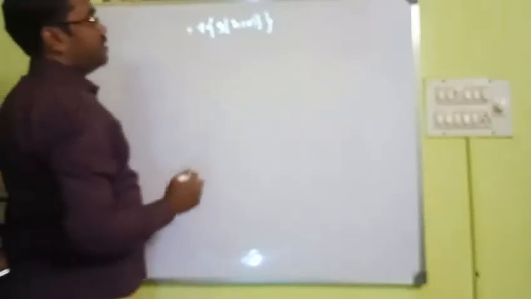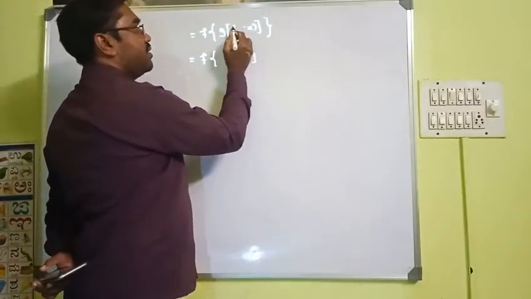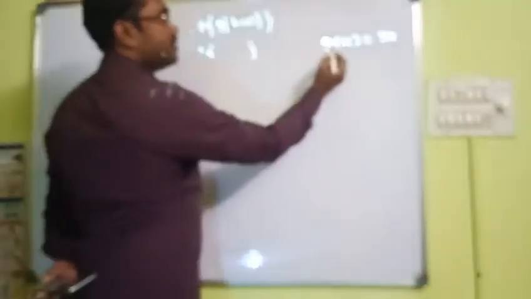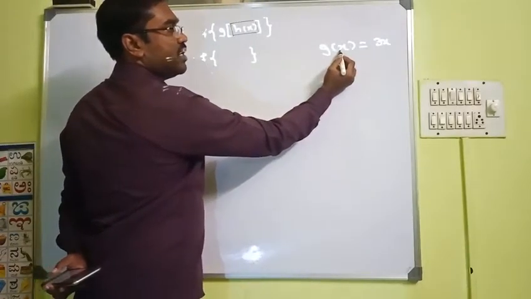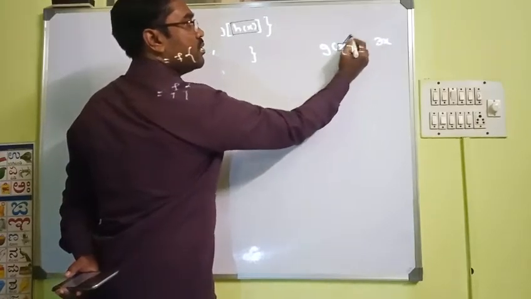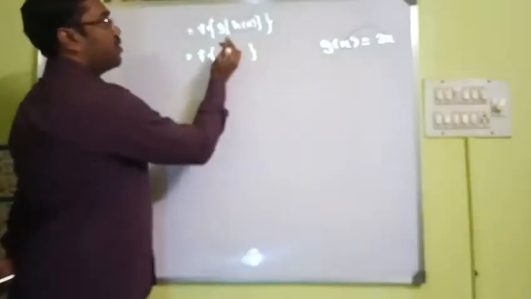We are applying f as it is. Let us apply g on this element. We consider this as one element. What is g? g of any element is 3 into this element. So if you apply